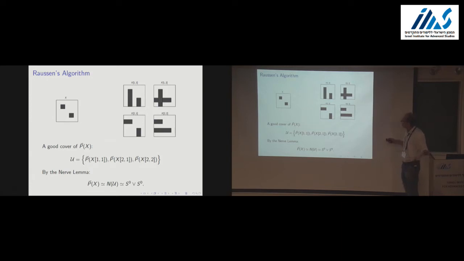In this case, you get 3 non-empty contractible sets, such that the intersection of any of them is empty, actually. There is no intersection between this and this. If you want to take a path which is okay in this respect and in this respect, then there is no such path. So altogether here you get S0 wedge S0, which is 3 points. Okay,